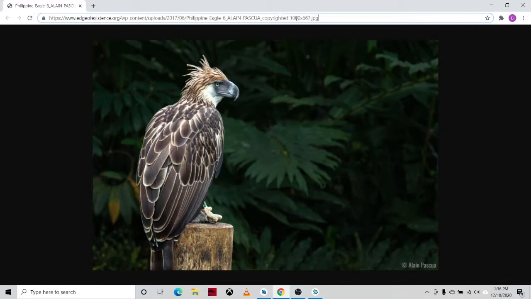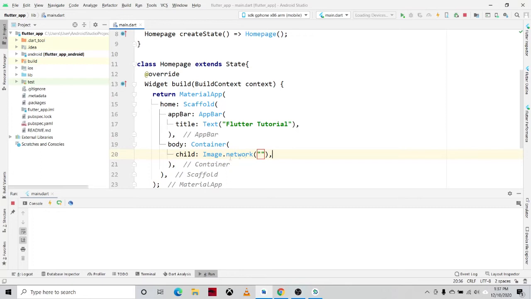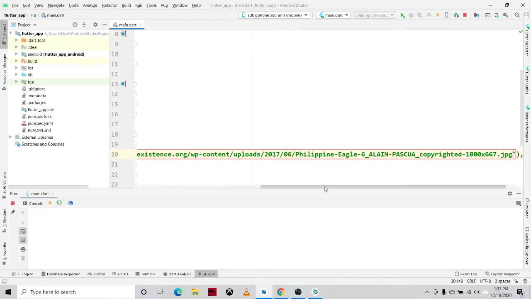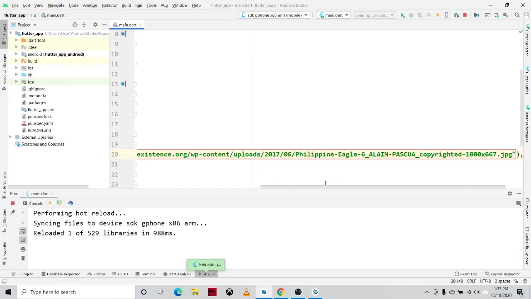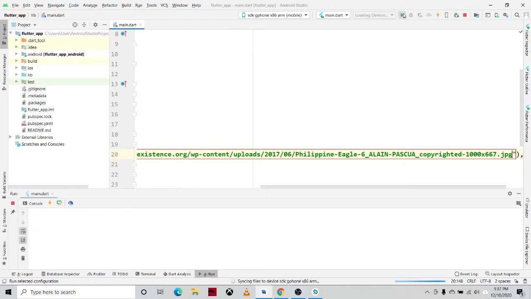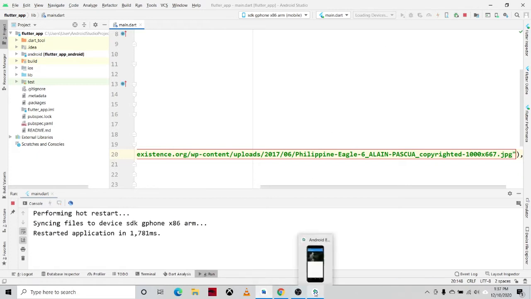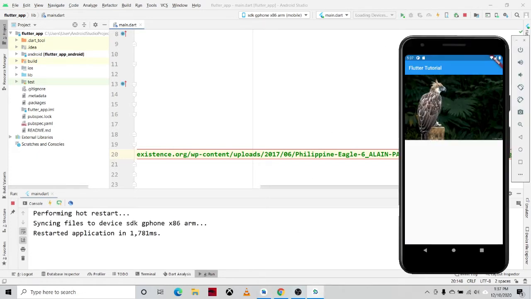So we'll be copying the URL and pasting it inside of the property of the Image.network. Then Ctrl S, then try to run our application. As you can see, the image of the Philippine eagle is displayed on our screen.